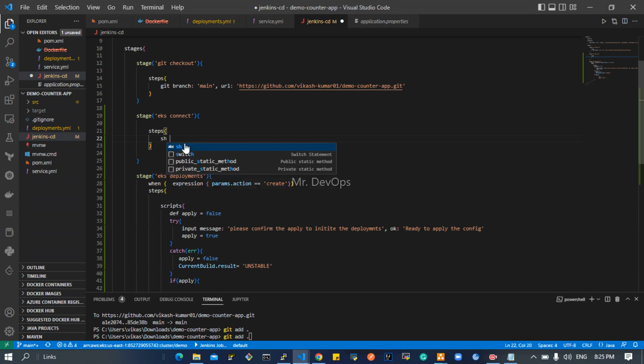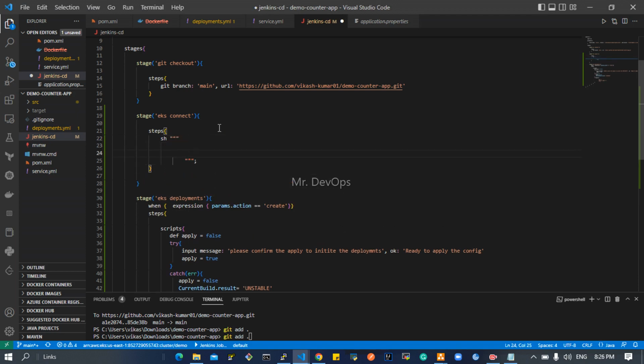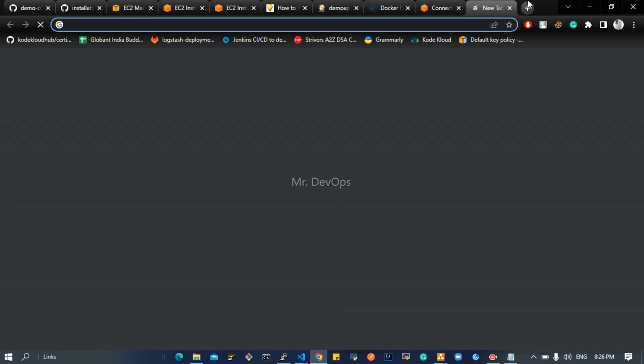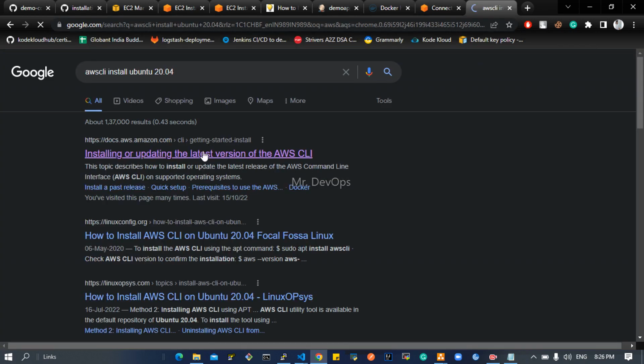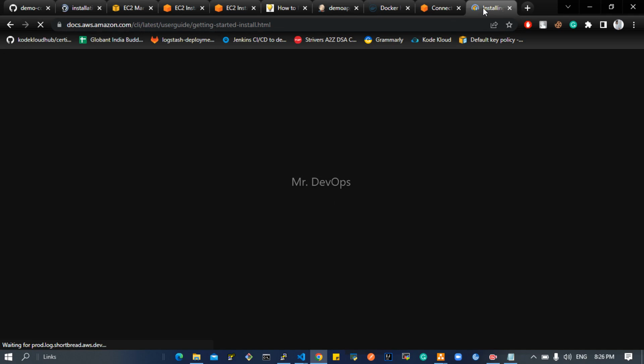So we will be running a multi-line shell script. Fine. Now let's paste the command here. Once the command is ready, let's go back, and AWS CLI on Ubuntu 22.04, correct? Just choose, or you can go to my installation. I think I have deleted it due to some issue, but